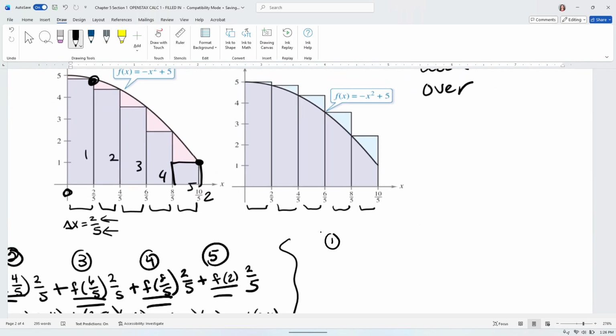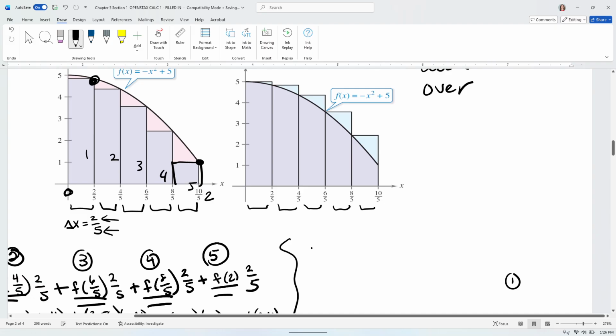First rectangle, height. Now, height is going to be calculated when x is 0. Next one, f of 2/5. The next rectangle's height is f of 4/5. So